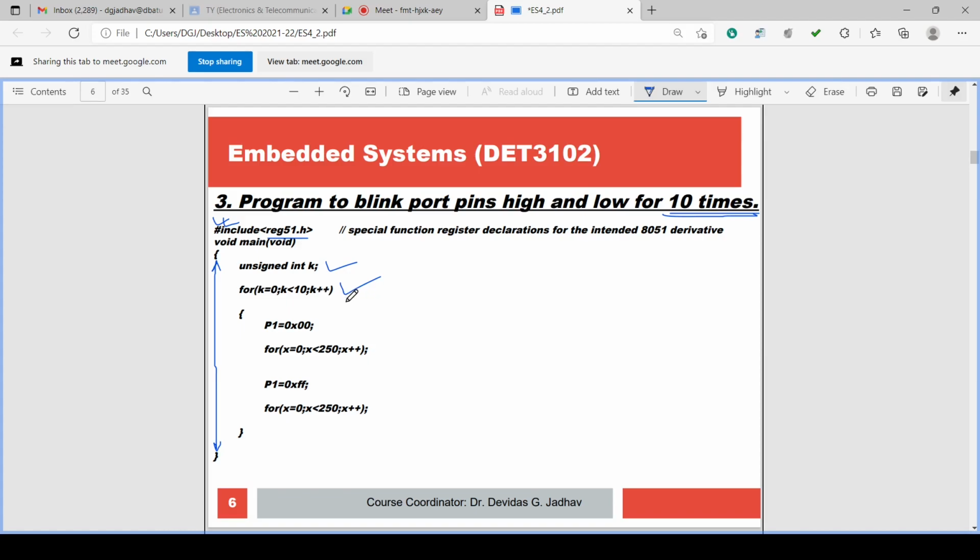There will be a next instruction which can execute along with this for, because the for round bracket is not ended with a semicolon. So immediately next to this for, a single instruction or a block of instructions will execute along with this for 10 times. So k equal to 0 is the initialization, k less than 10 is the condition checking, and k plus plus is the increment.